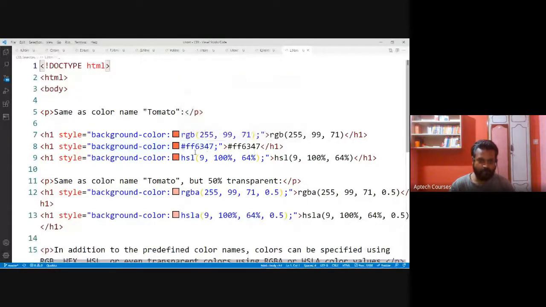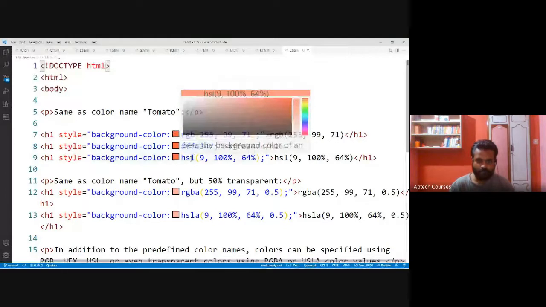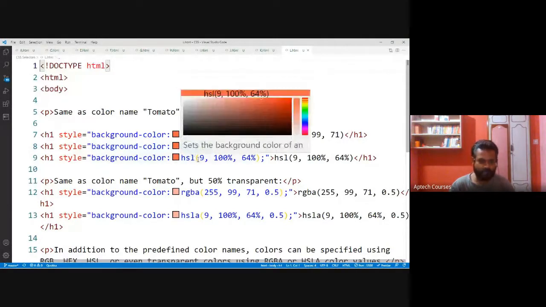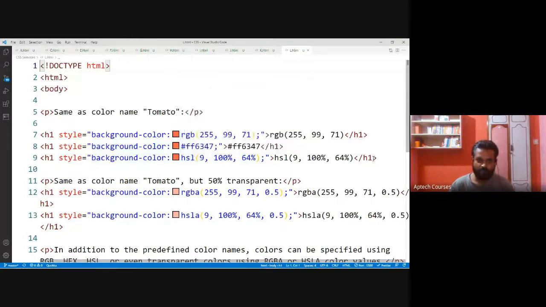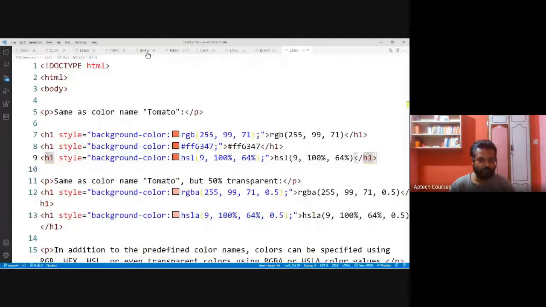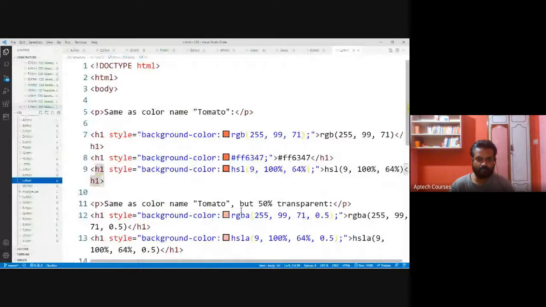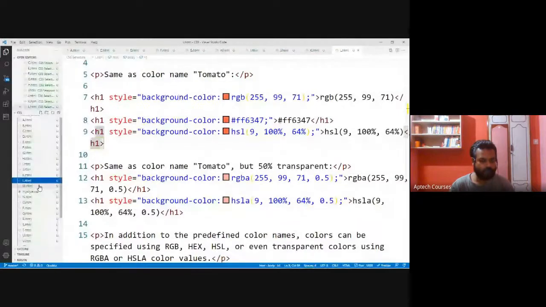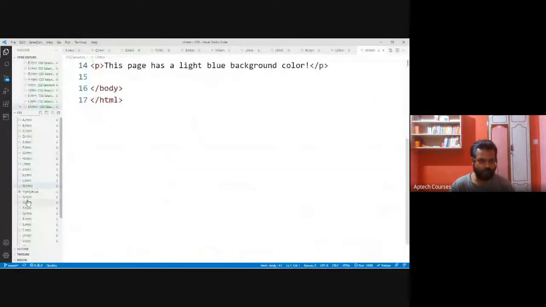HSL is also one way of getting a unique color. This is more advanced. In HSL we get more combinations, more unique colors. These are all the basics actually.